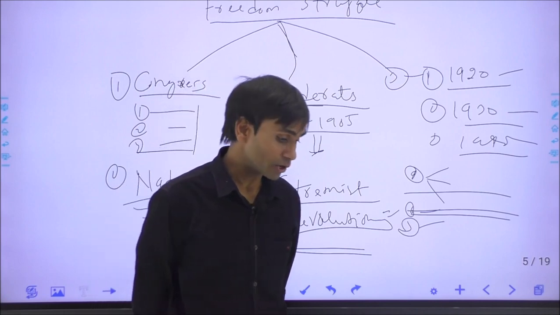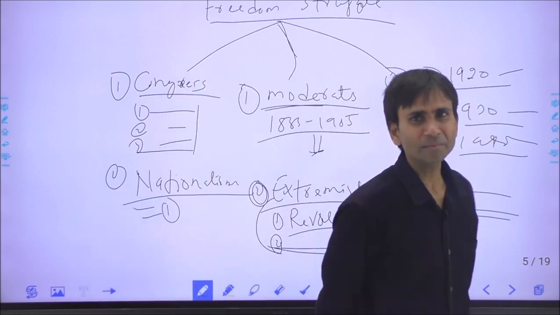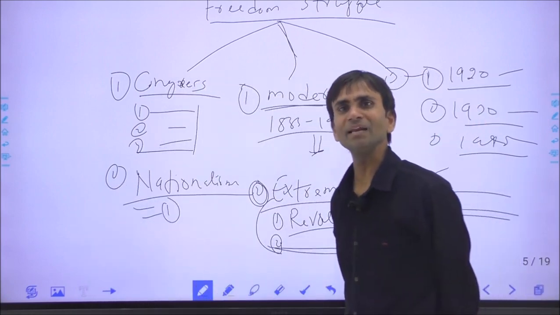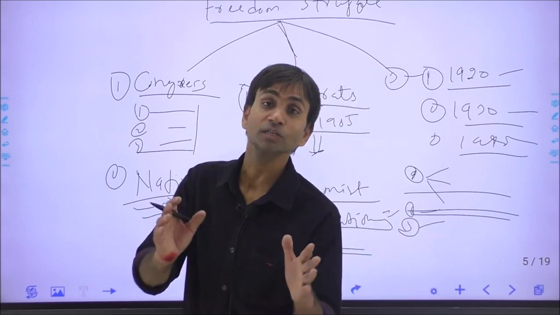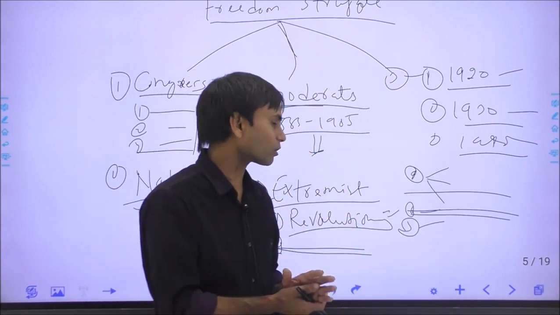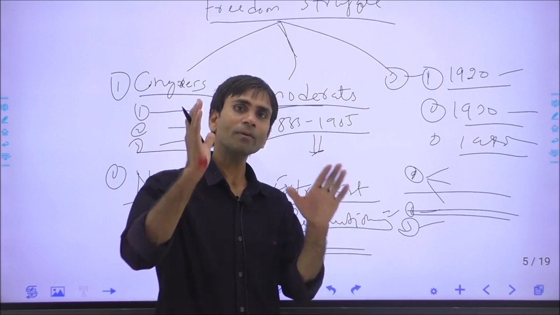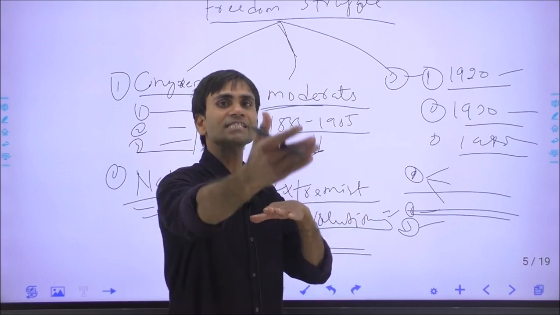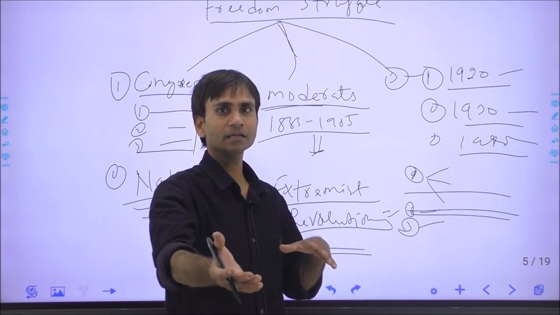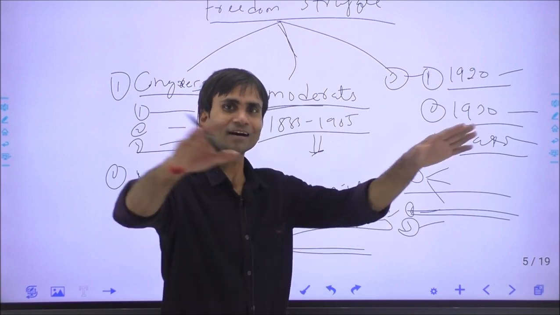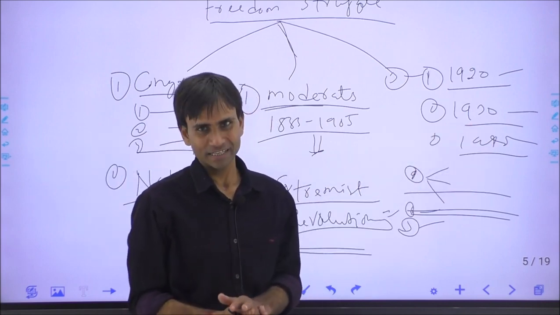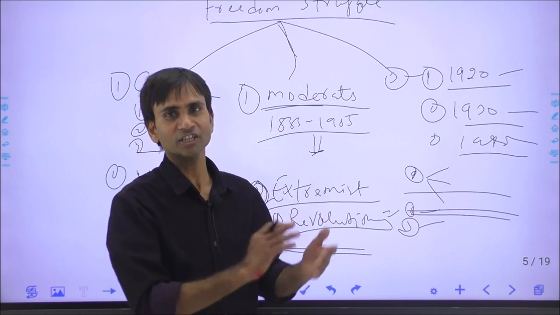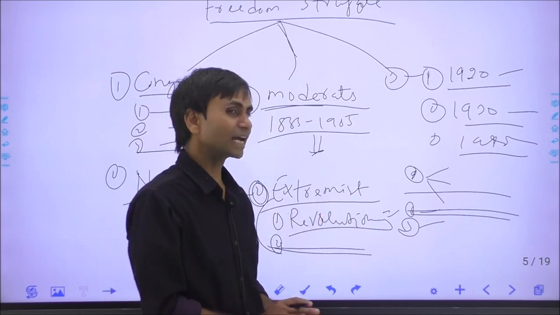Lord Wellesley introduced the subsidiary alliance system in India. What were the main implications of the subsidiary alliance system? And it was Lord Dalhousie who introduced the doctrine of lapse. The doctrine of lapse was the next step of subsidiary alliance. How did the doctrine of lapse annoy the Indian princely states and what were their reactions, and Lord Canning's or